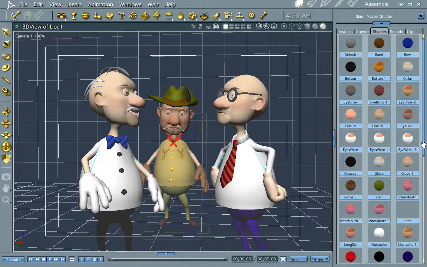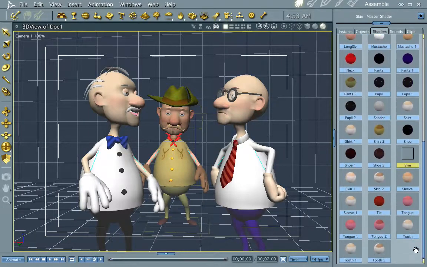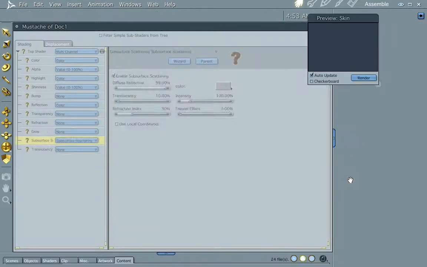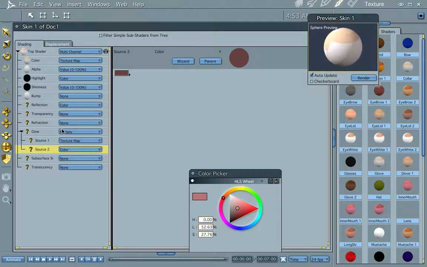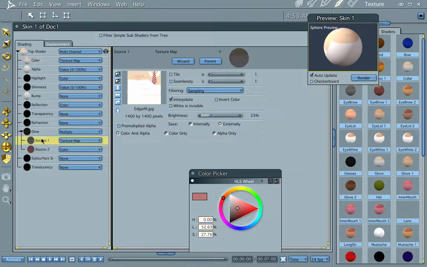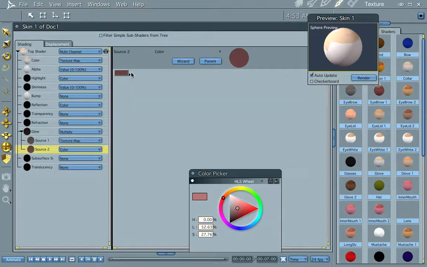Now, if you don't have time, or you want to do a fake subsurface scattering, throw a little glow in your texture, and you're going to bring your render times down significantly. What I've done here is I've dropped Edgar's texture map into the glow, and I've multiplied it by pink again to kind of represent the blood underneath the skin. There we go. And you notice you can get that nice little pink hue